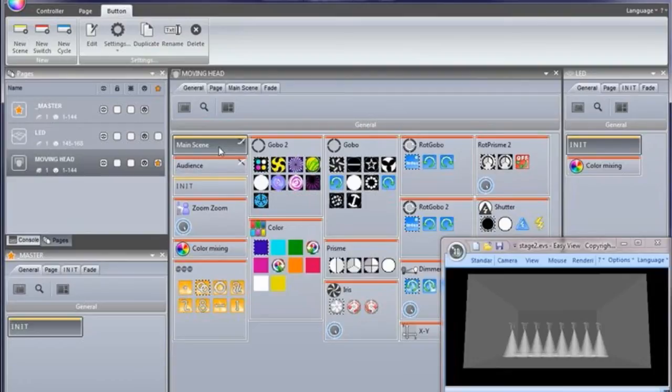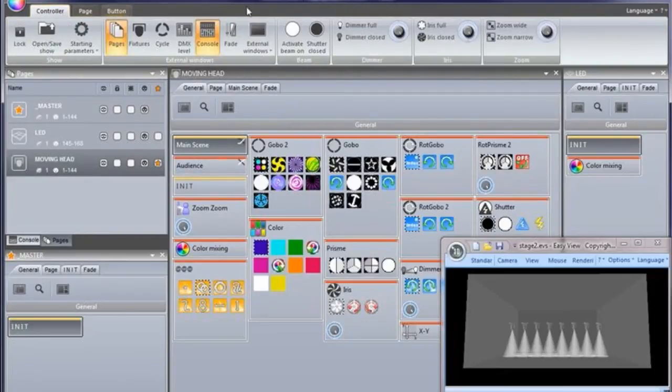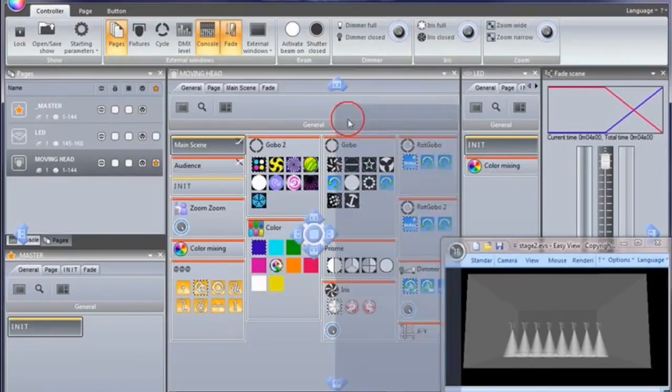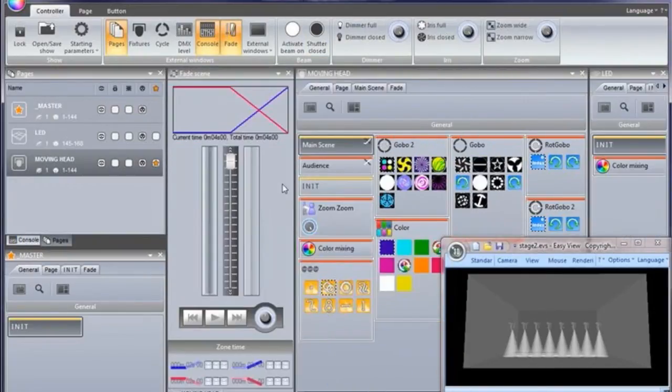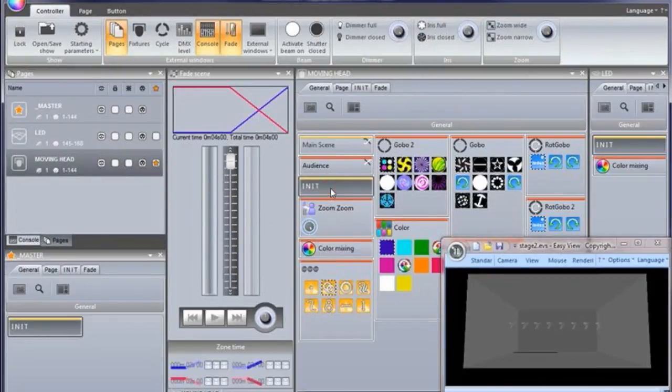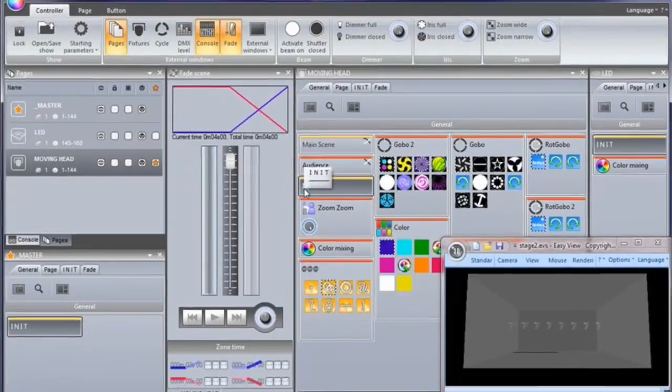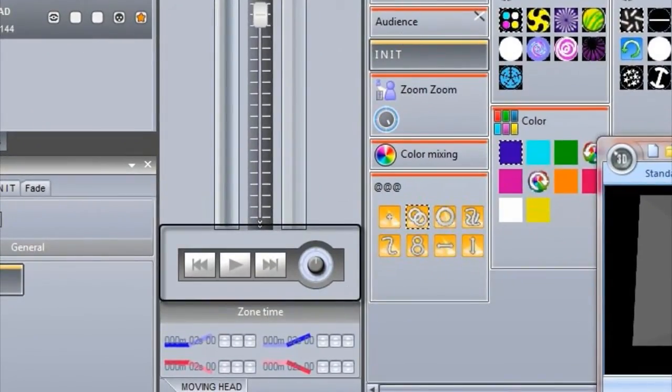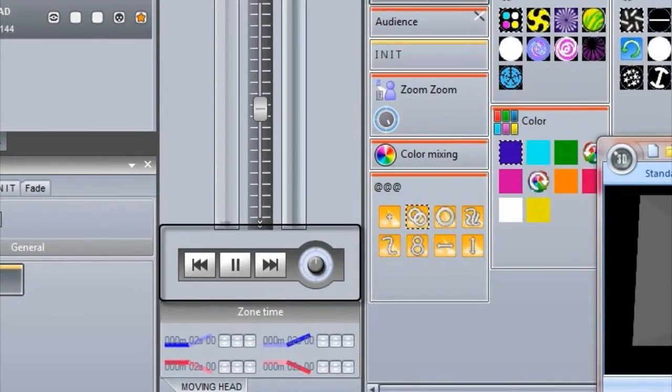All these fade in and out times can get confusing. To help visualize the fade, open the Fade Scene window. The central fader represents the time from when the scene is activated to when the fade finishes. The left and right bars represent the fade in and fade out. You can pause, replay, or jump to the end of the fade at any time.